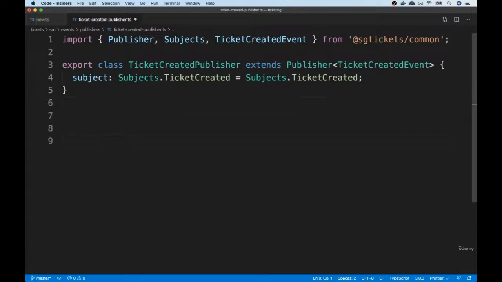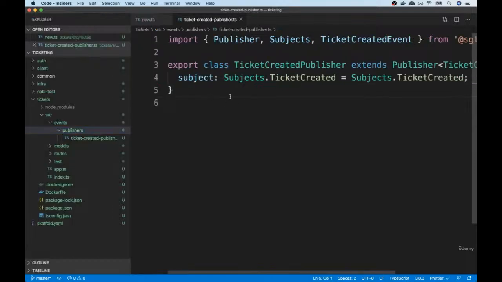And now in theory, in some other file, we can import this publisher. We can create a new TicketCreatedPublisher, pass in our NATS client, and then publish some kind of ticket or something like that. All right, so let's take a quick pause right here. When we come back in the next video, we're going to figure out how to create a NATS client